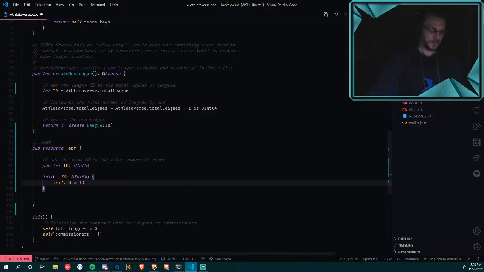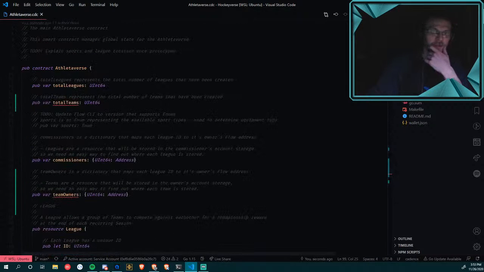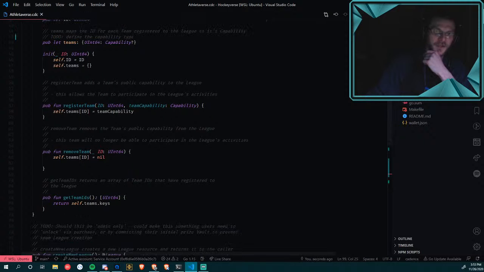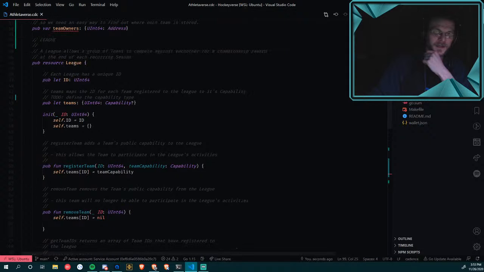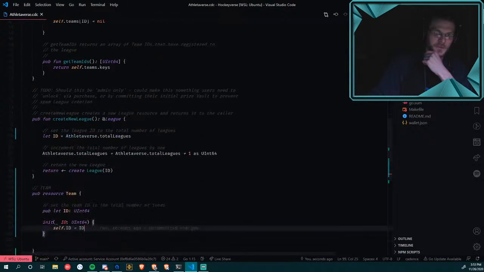Okay. So pretty similar, like that's what you're seeing up here. If you did follow along with any of the Flow Playground tutorials, these are really similar to the NFTs, kinda. It's similar patterns that you're gonna start seeing all over the place.